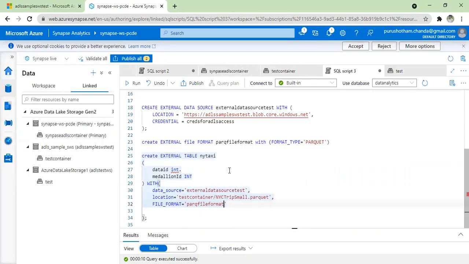So instead of OPENROWSET, it's directly you can do that. Select star from NY taxi. So whatever data is available in this particular location on this file, it will be retrieved directly like a simple table. Does it make sense? Are you getting what I'm trying to say? Are you with me? But here it's not allowing you to create